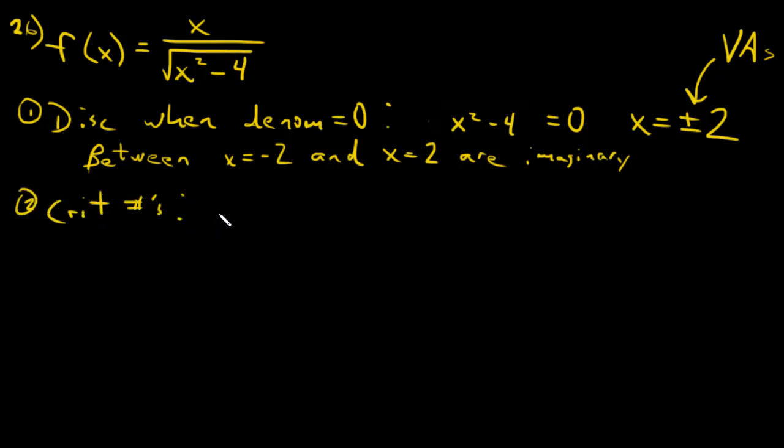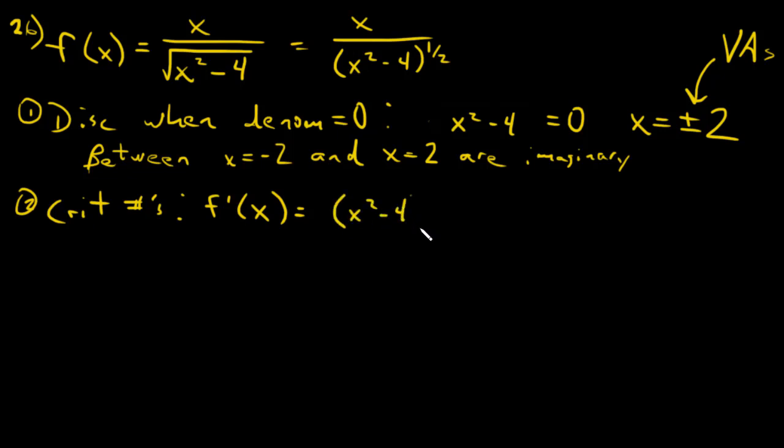Okay, and that occurs when I have f prime of x. So I'm going to do a quick rewrite so I can take the derivative more easily. This is x over (x squared minus 4) to the 1/2. So this is a quotient. I'm going to try to take the derivative of this, so it's going to be the bottom, which is x